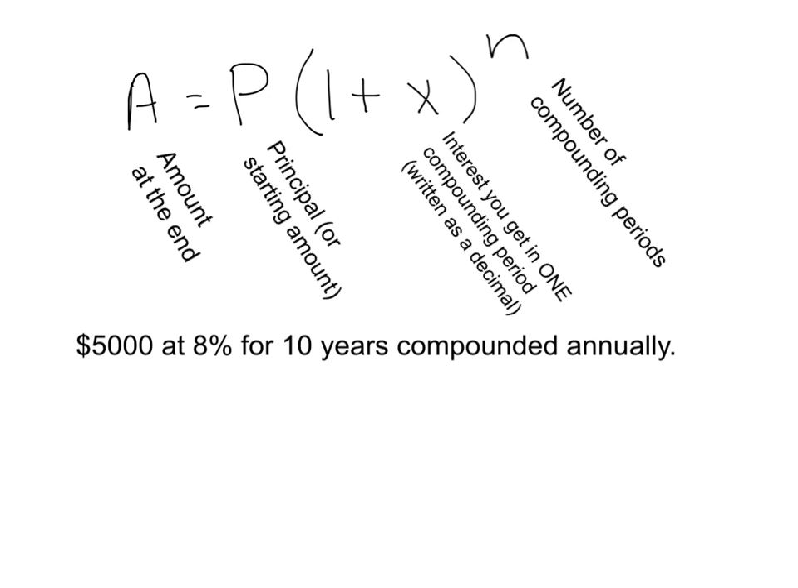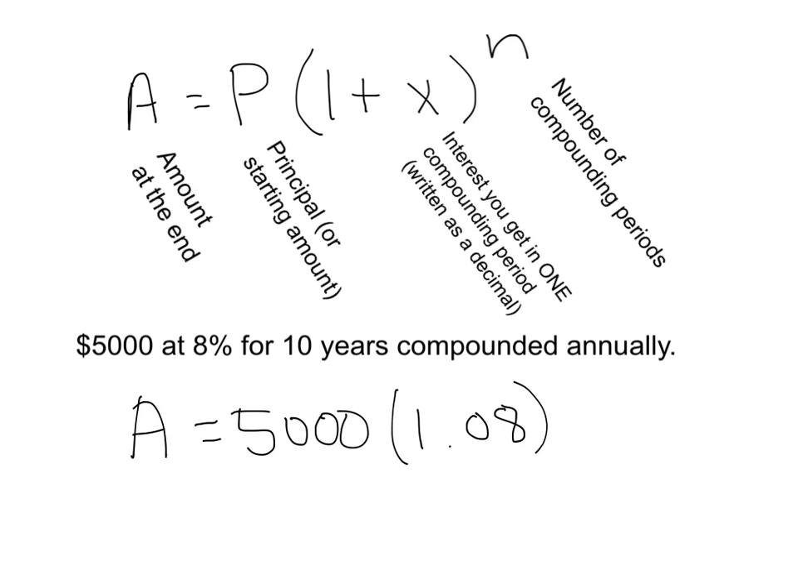For the annual one, we would be doing the following. A equals 5,000 times 1.08, because 8% written as a decimal is 0.08, and when we add it to 1 we get 1.08, and we would raise that to the 10th power because we're going to compound it 10 times in those 10 years. However,